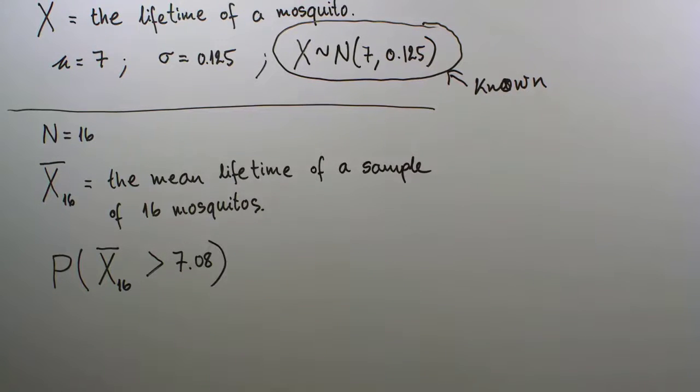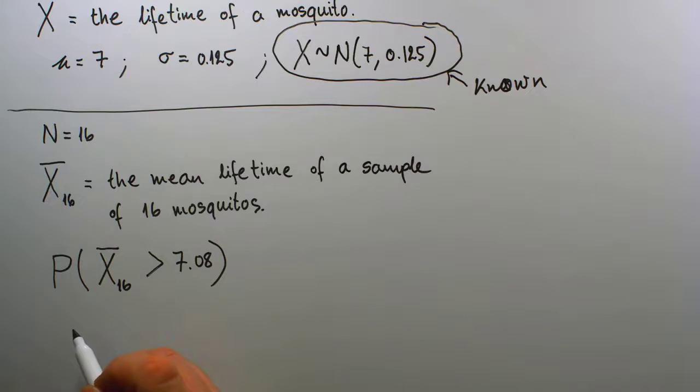Even though it is treated as a completely independent problem, you can see that I purposely brought up this problem where the number is exactly the same, except for the random variable we are working with now. This sampling distribution of the sample means is completely different from the sampling distribution we worked with in part A. Here we simply want to find the chance that our capital X bar, any sample mean that we pick out of samples of 16 mosquitoes, is going to be greater than 7.08 days. So now,